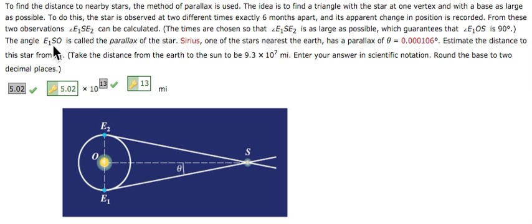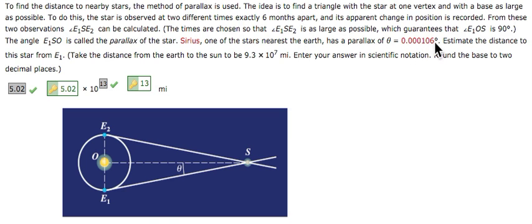The angle E1 S O is called the parallax of the star. Sirius, one of the stars nearest the Earth, has a parallax of